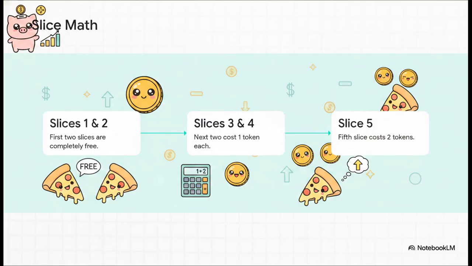So let's actually walk through the math for the hungriest friend at the party, the one who decides to eat 5 whole slices. This is exactly where most people get confused, so let's break it down nice and slow. Step 1, their first 2 slices are still completely free. Step 2, their third and fourth slices cost 1 token each, right? So that's 2 tokens total so far. And then step 3, that 5th slice jumps up to cost 2 tokens. So what's the total cost? 4 tokens. But notice what did not happen here. Eating a 5th slice didn't suddenly make their first 2 free slices cost money. The higher token price only applies to that specific 5th slice.